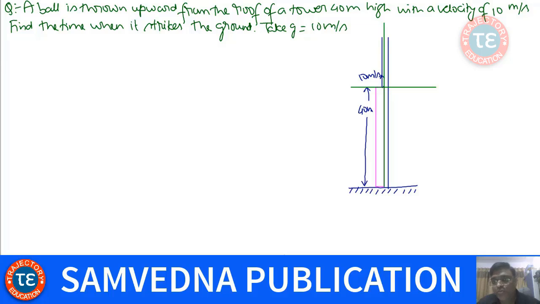So suppose the motion is taking place along y-axis. I am taking this as y. Alright, so at t equal to 0, and this is origin, at t equal to 0, here y was 0, and finally